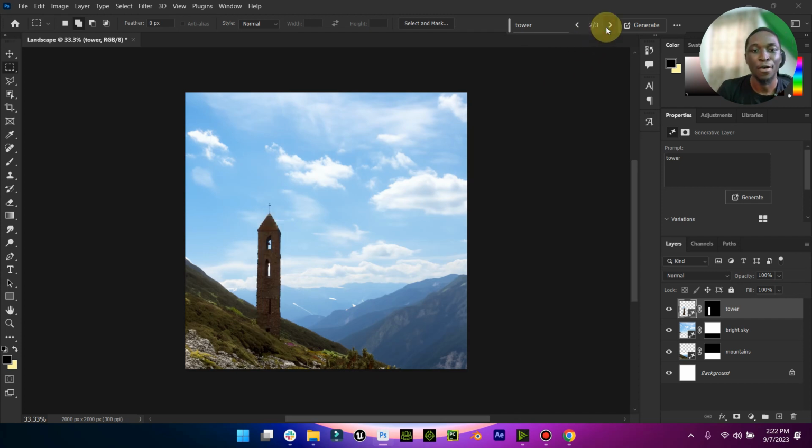Amazing. All right, this is one, this is one, this is another one. I love this one. This one looks more realistic. I mean, number 2 looks like an abandoned tower, which is good, but I love this one. Now the next thing I want to do is we're going to put